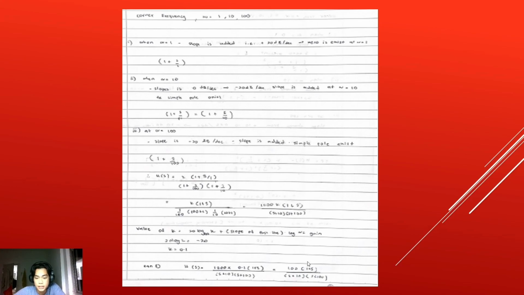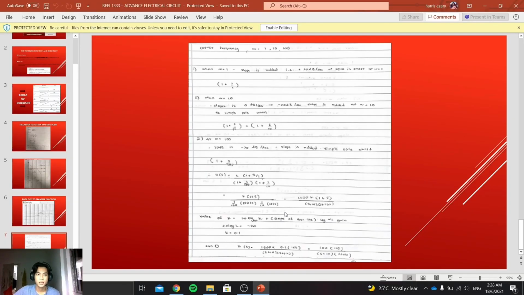So this is the transfer function, 100 times 1 plus s over s plus 10, and then times s plus 100. That is all from our team about how we explain how to find the Bode plot from a given transfer function,